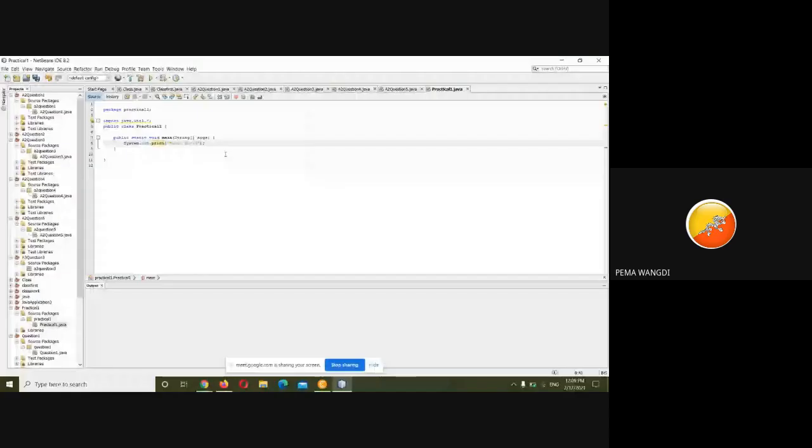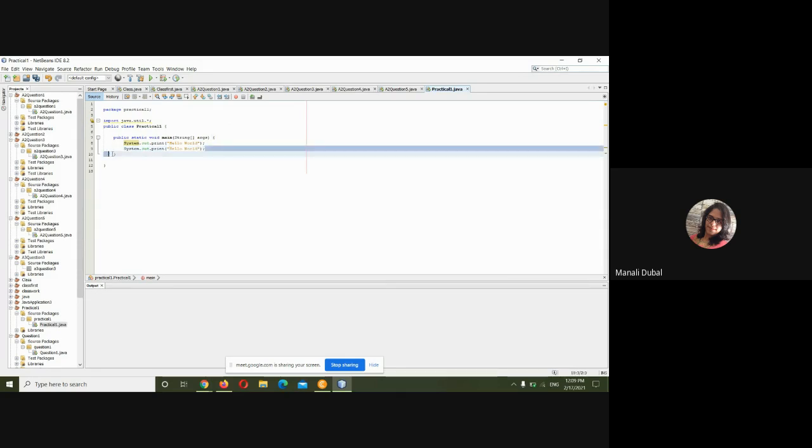Yeah, this is the one now. Okay, good. Right now, if this is a single void main program, right? Now, try to write another void main after this. Create one more public static void main.